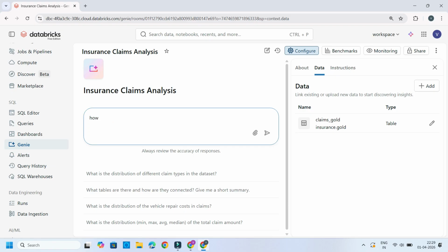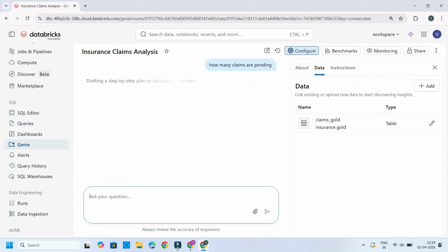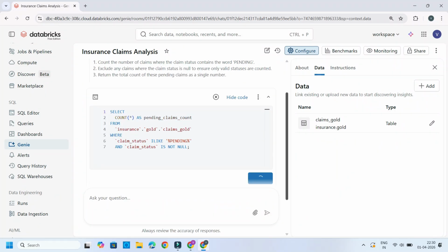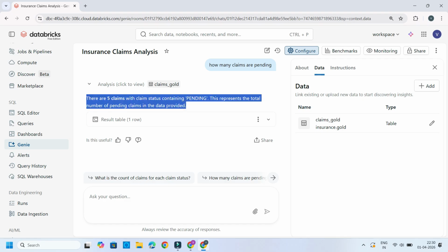On top of that stored data table, we are going to use Genie, the AI assistant in Databricks, to interact with that data table in simple plain English. Let's say the question is like, hey, how many claims are pending? So what we get in return, we get the answer instantly. And this is how our